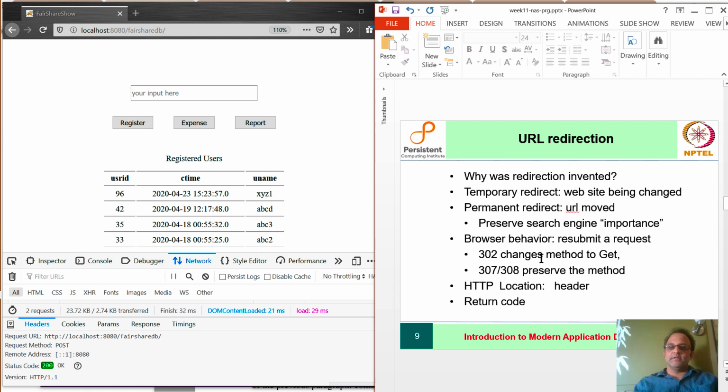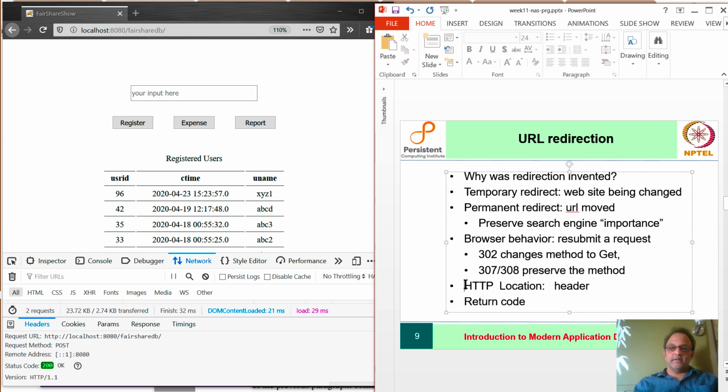And so how you distinguish between all these is that you send a request, you get an error code back which says 302 or 307 or 308. In the case of 302, the method changes from post to GET, and these two, 307 and 308, preserve the method.